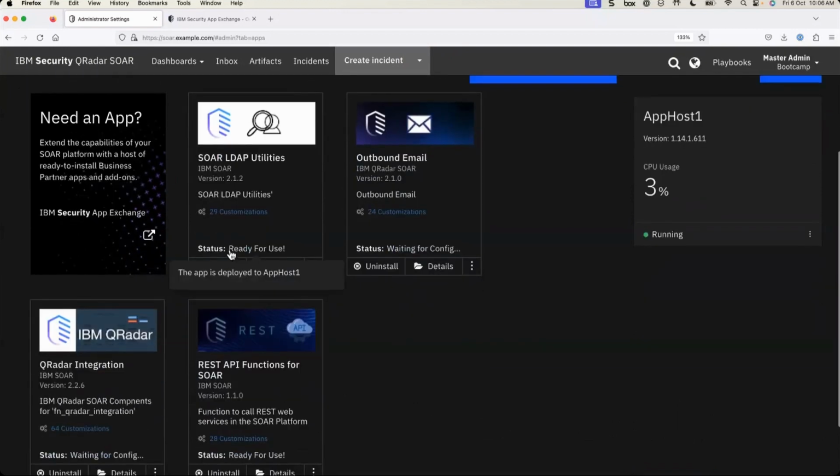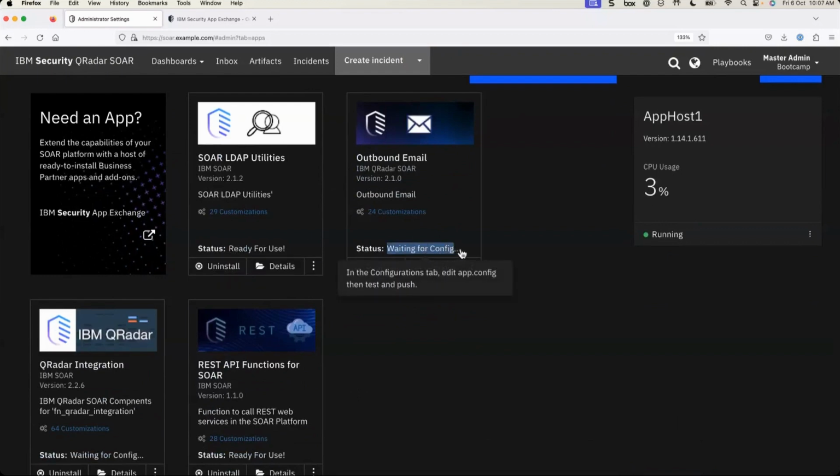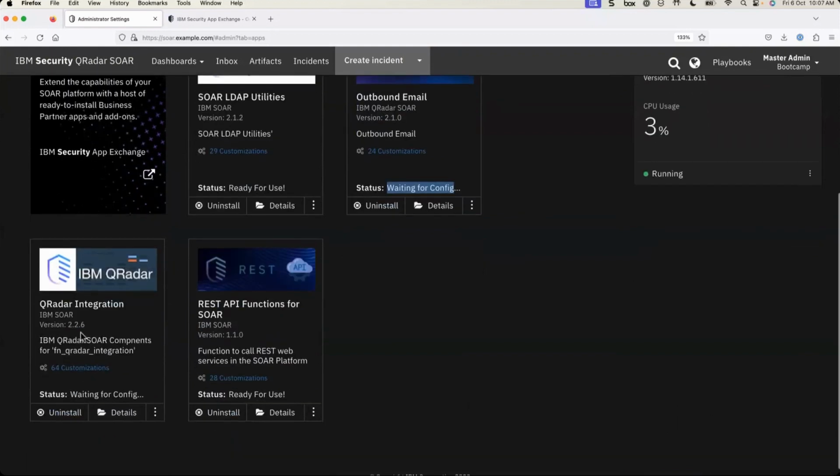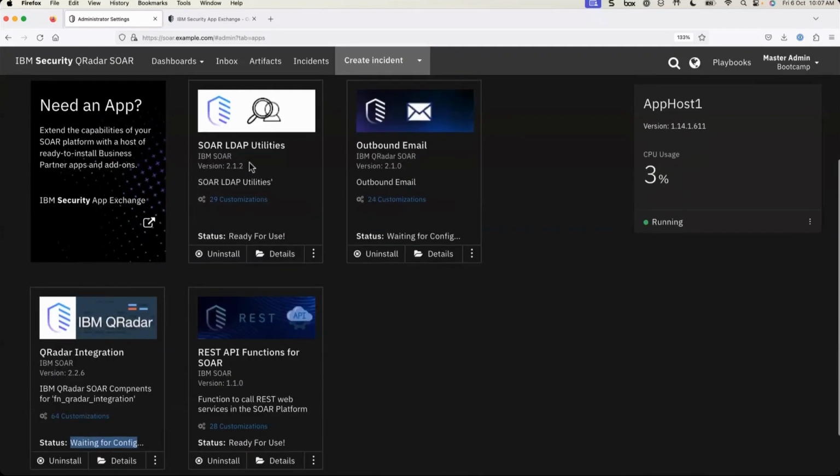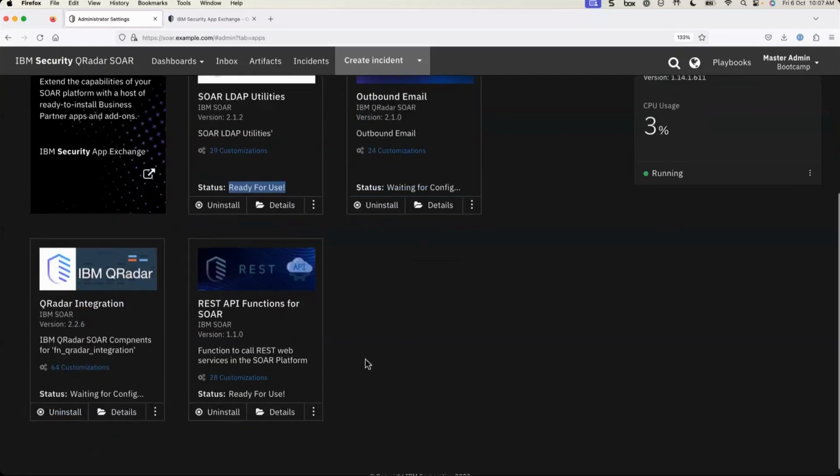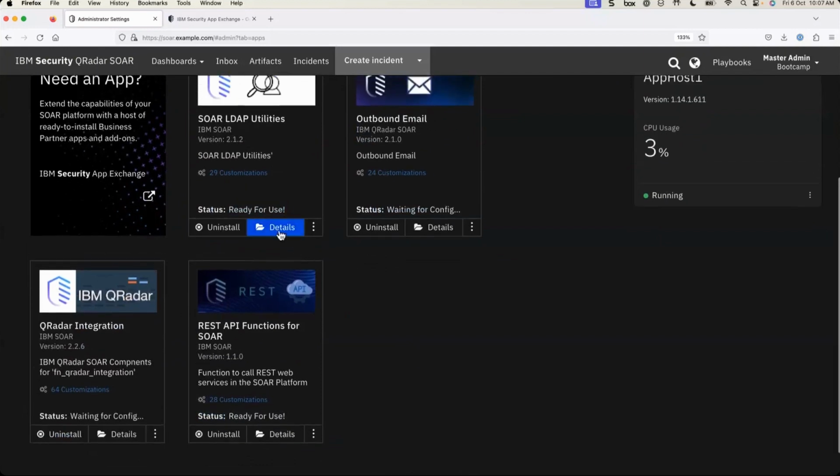When any app is installed, the initial status will be waiting for config because the configuration has not been done yet. So the QRadar integration app for IBM SOAR is also in waiting for config because it has not been configured yet. But if you see the SOAR LDAP utilities, the status says ready for use, which means it has been configured and is ready to use. And this is also REST API functions for SOAR. It's ready to use. Let's see what is the difference. If we go to details,